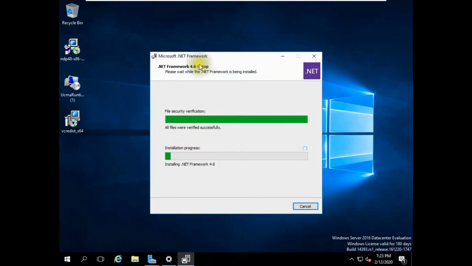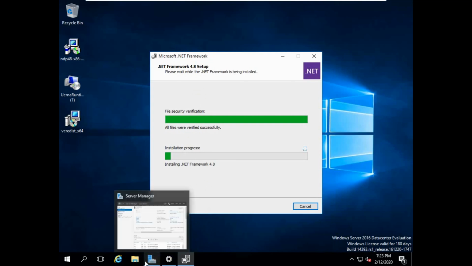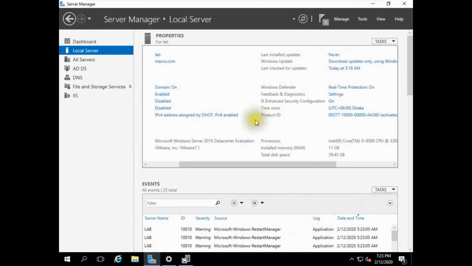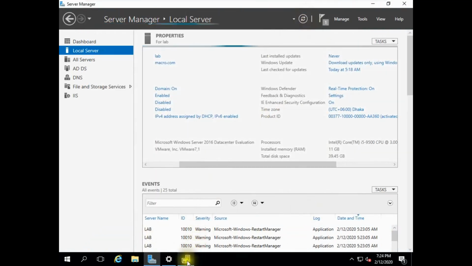It will take some time, so let's just wait for a while. The web server role installation is completed. Click close, click refresh. Again, let's wait for a while.